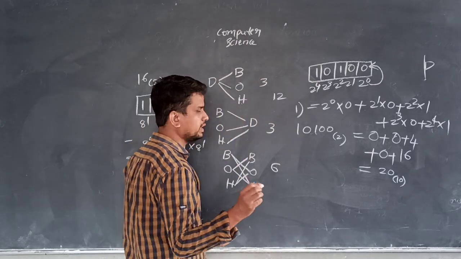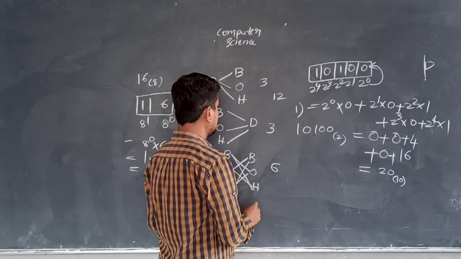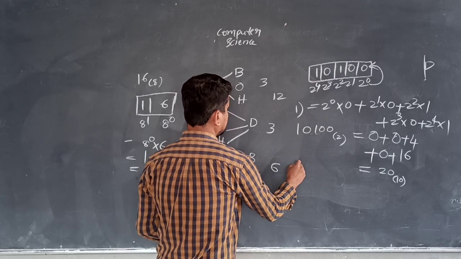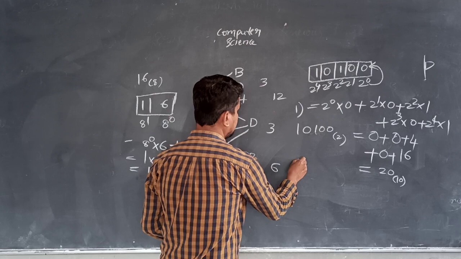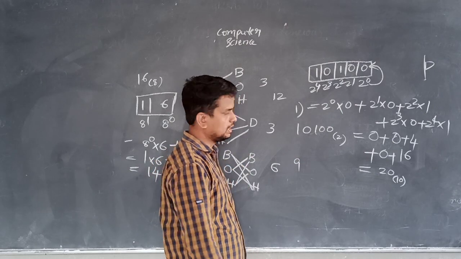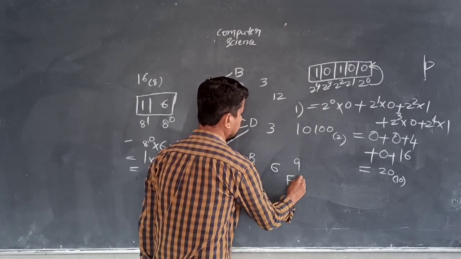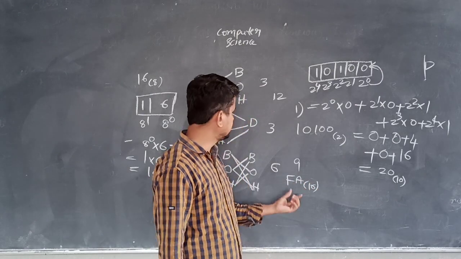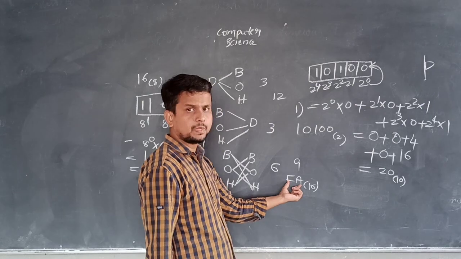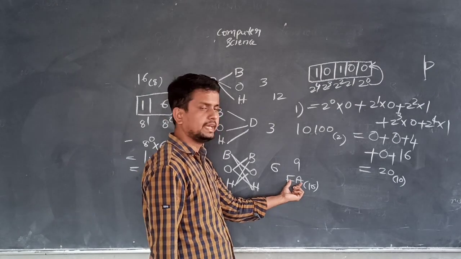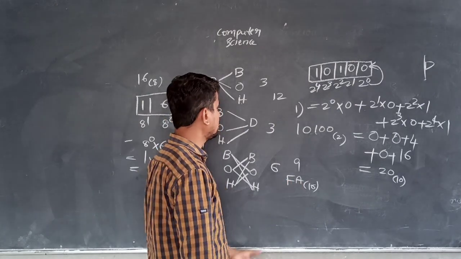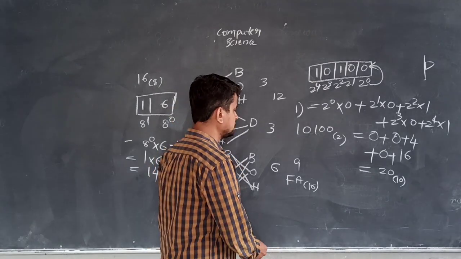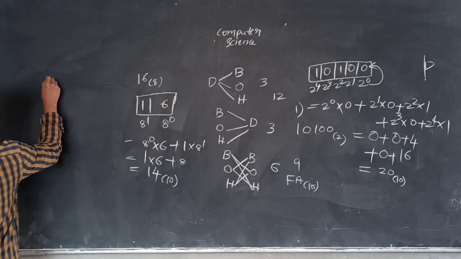So now I am taking a very simple hexadecimal number. Let us take 9. Otherwise FA also you can take. FA base 16. So this is which number? It is a hexadecimal number. So now tell me the steps. Multiply each hexadecimal digit by its positional weight. So now take here FA.